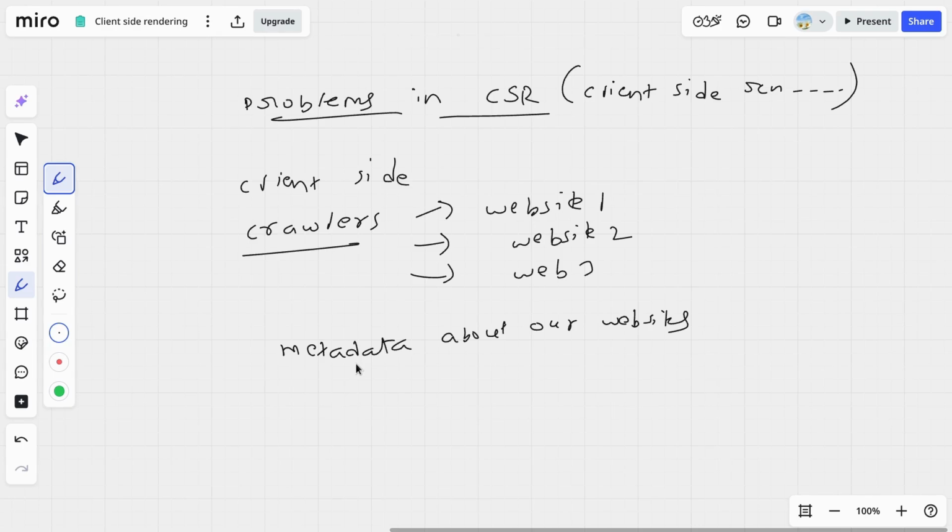Let's say if we consider description metadata, there we'll mention a description about our website. Crawlers will fetch those data and analyze them, and this metadata will be helpful for crawlers to fetch these websites and show them as per the user's requests. So that's why metadata is much more important for websites to be shown or to rank higher. So when it comes to client side rendering,